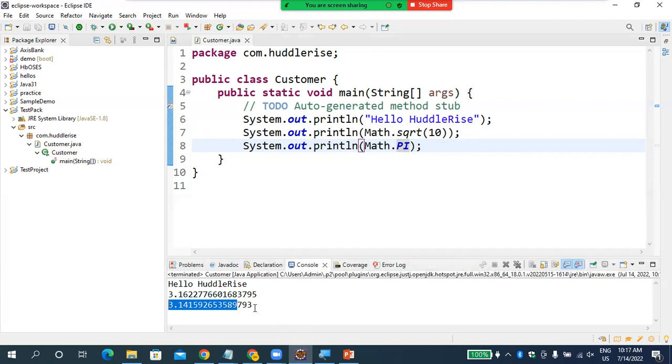Okay, you can see the pi value it's going to print for you. So if you remember, previously we wrote a program to calculate the area of a circle. There manually we have written 3.14. Instead of writing 3.14, what I can do is call the constant called pi,